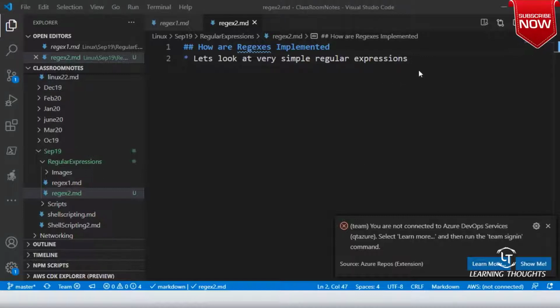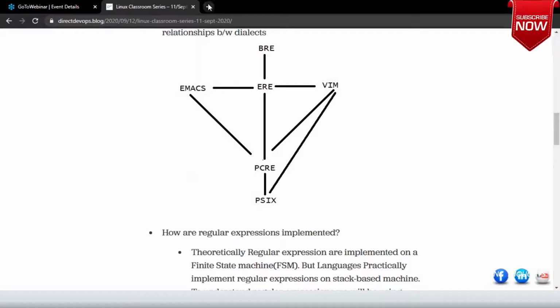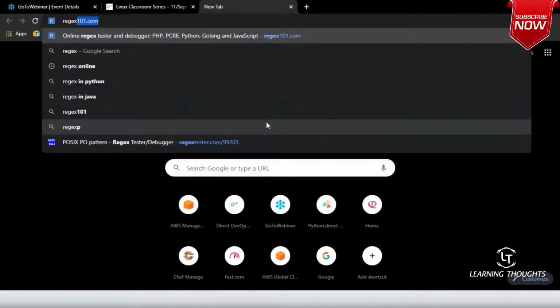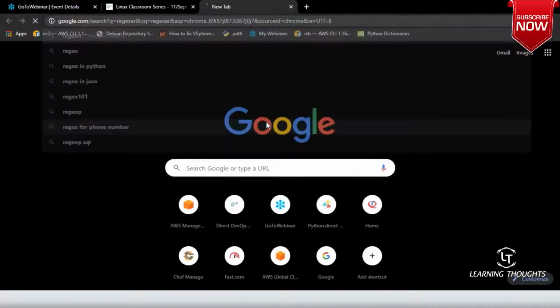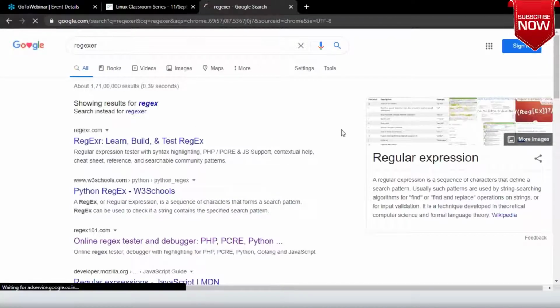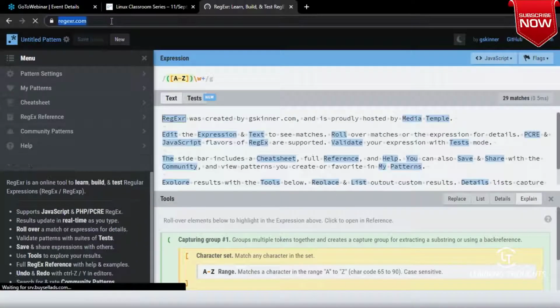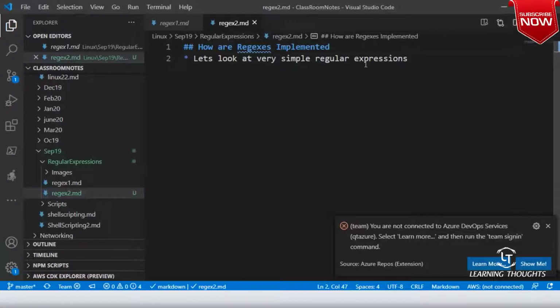I'll try to use something called regexer.com. I somehow like this website. This is used a lot by JavaScript developers. Let's use this website.